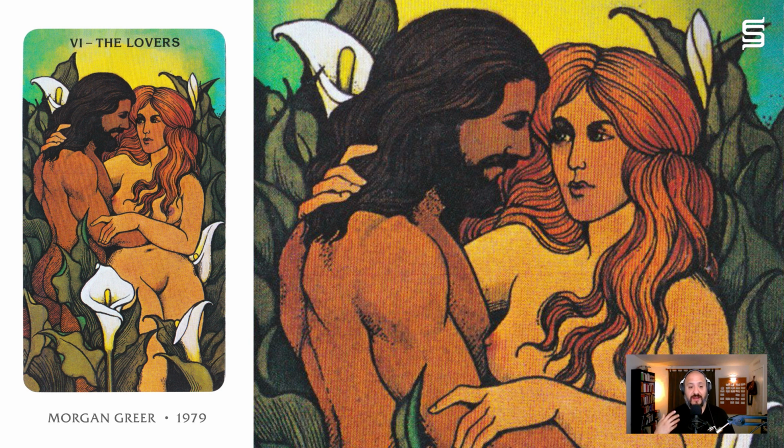So to me, there's just a fertility aspect with the lily that I think perhaps is on display here. And it looks like they're going to make love. This is the Lovers, so that would be appropriate. And so to me, this just all lines up with that. But otherwise, not a whole lot to be said. I'm sure you guys maybe are picking up on other things, but I think we can proceed to the next card here,